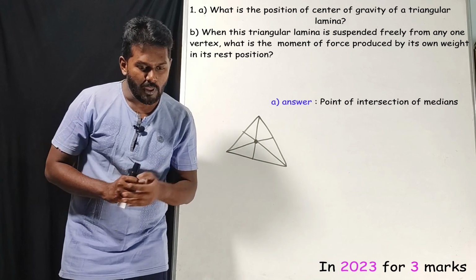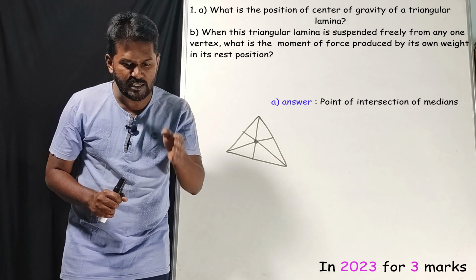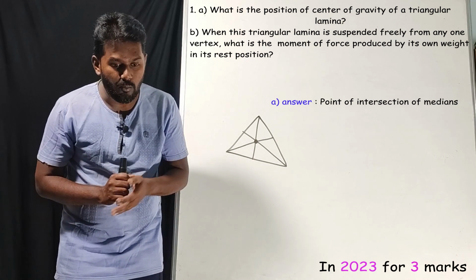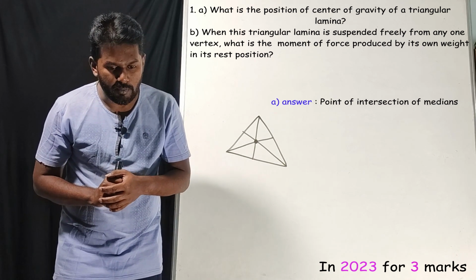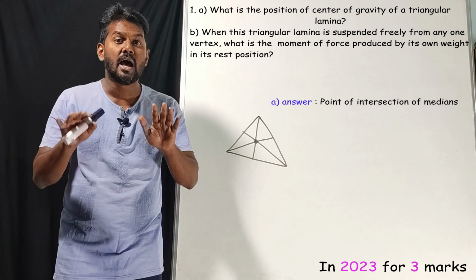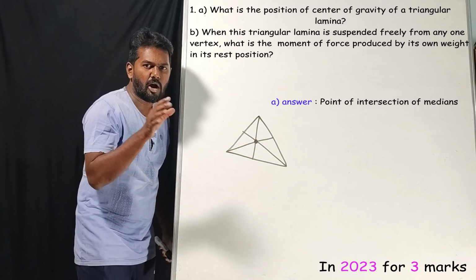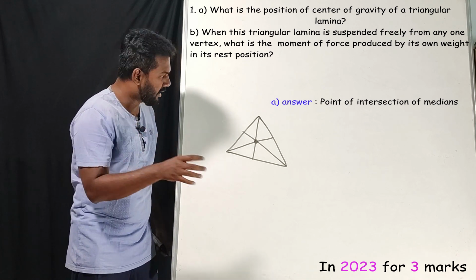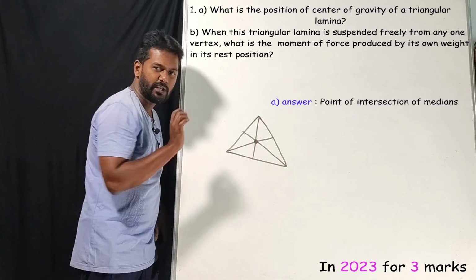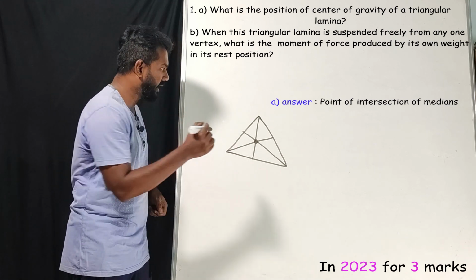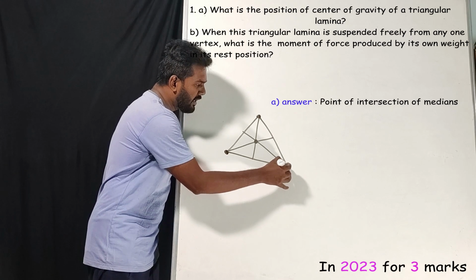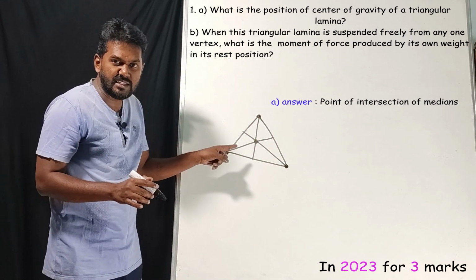See the second question. When the triangular lamina is suspended freely from any one of the vertex, what is the moment of force produced by its own weight in its rest position? So you need to understand the question properly. They are telling you to suspend this triangular lamina from one of the vertex. You need to know what a vertex is. These are the 3 vertices of the triangular lamina, and if this is suspended